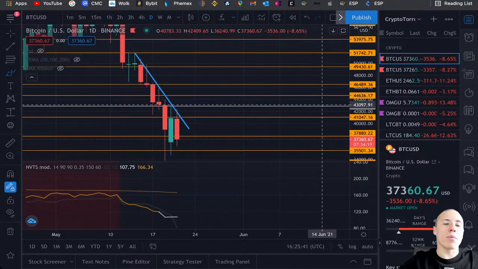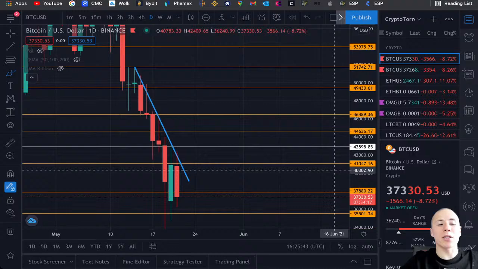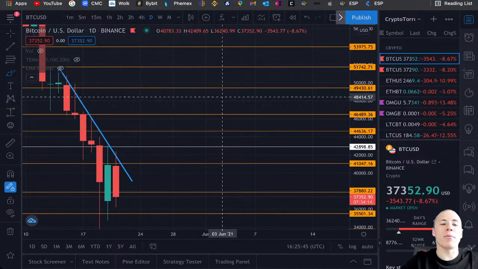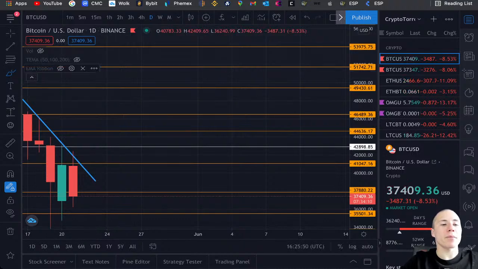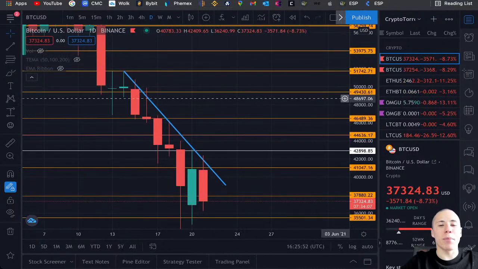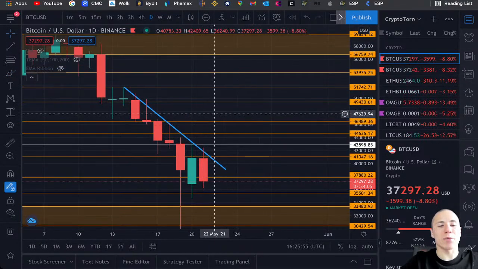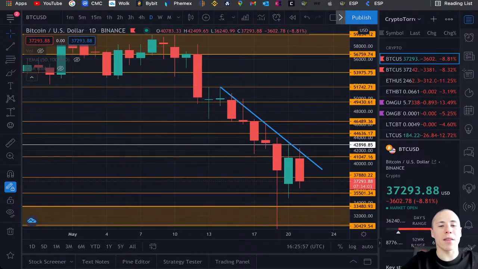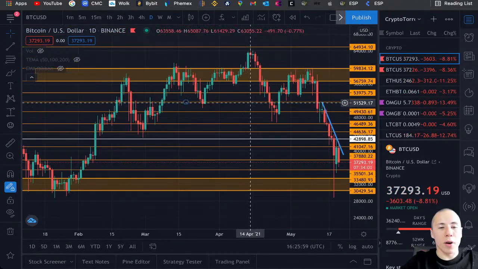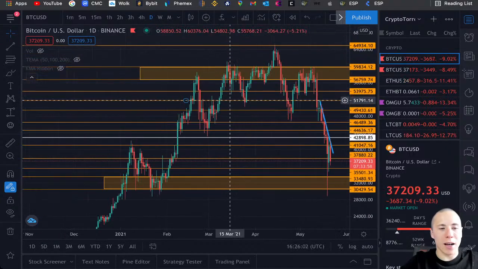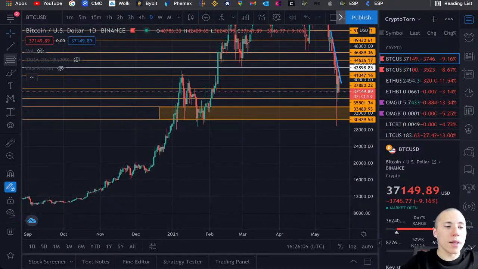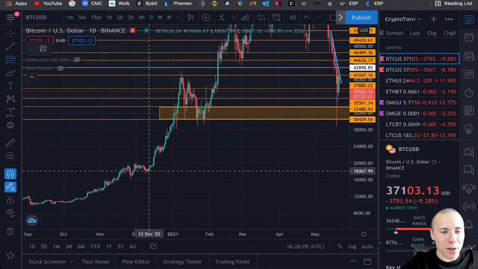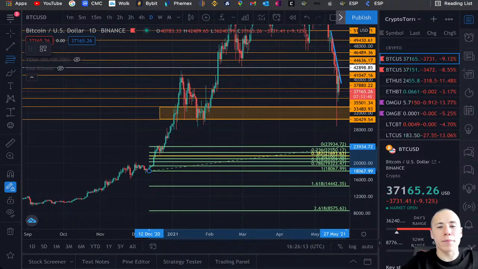And why is this so important? Because I think Bitcoin will be consolidating for a while before moving even further up. And why I think that Bitcoin will be consolidating is especially because if we take a look at the overall trend, and especially if we take a look at just the beginning of the year, at approximately, let's take a look over here, the 12th of December, all the way up